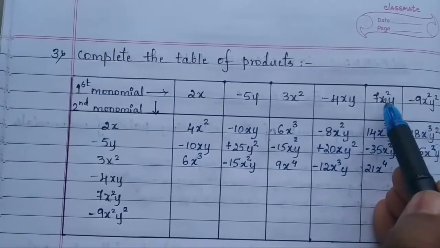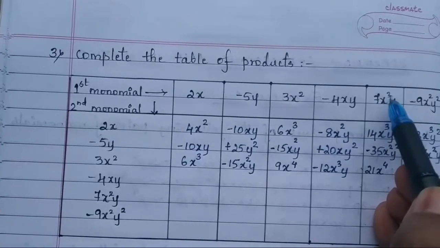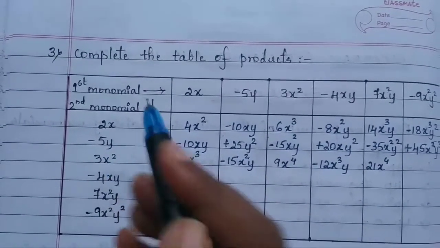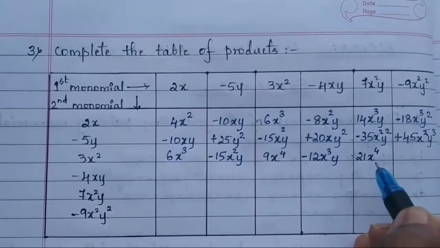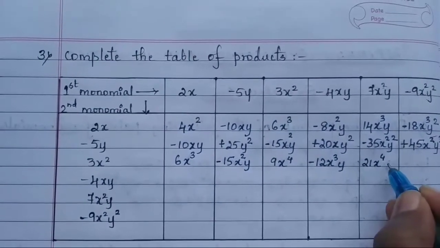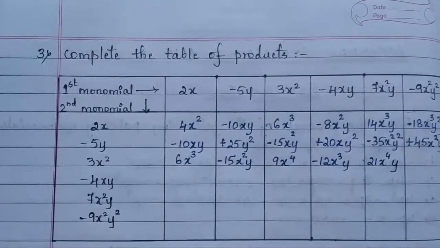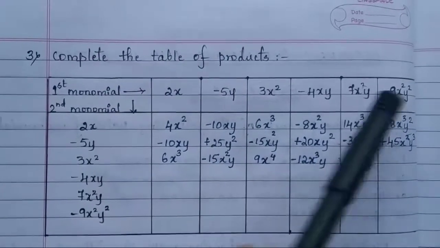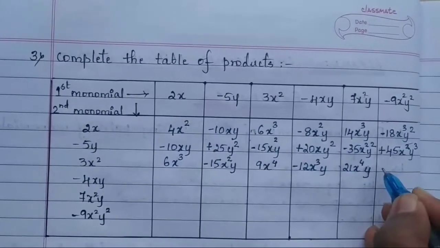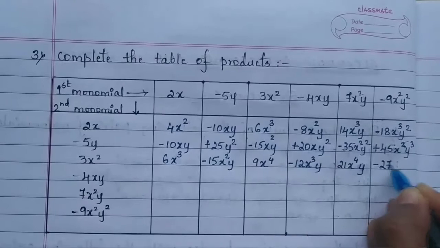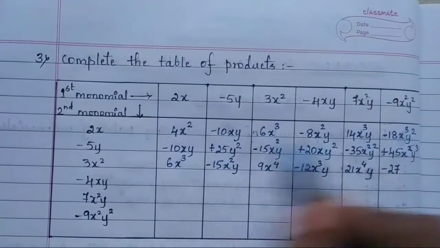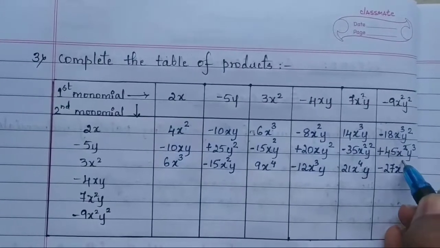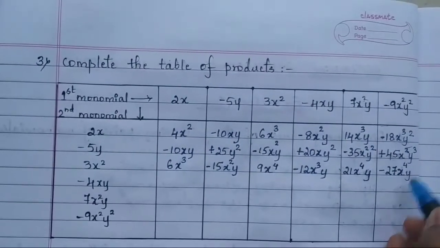What we have to do here, we will add this power of x square as well as this x square's power. So it will become 21 x to the power of 4 and y will be as it is. So the last one here is minus 9 and 3. 9 3s are 27. Minus will be as it is. Sorry, 9 3s are 27. x square and x square will become x to the power of 4 and y square will be as it is.